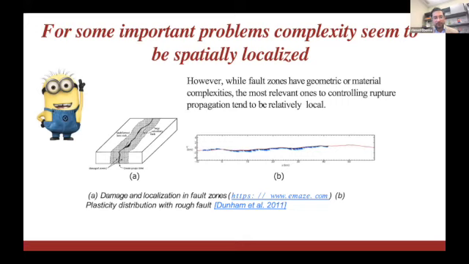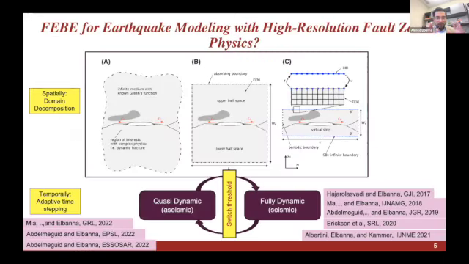And we encounter this, for example, in damage zones, where damage zone width can extend for several meters over fault lengths that span kilometers. We also observe this in dynamic rupture simulations with plasticity or damage, where the damage is localized near the fault, but has important details and influence on the near field solution, so that it cannot just be lumped or homogenized as an effective friction law.